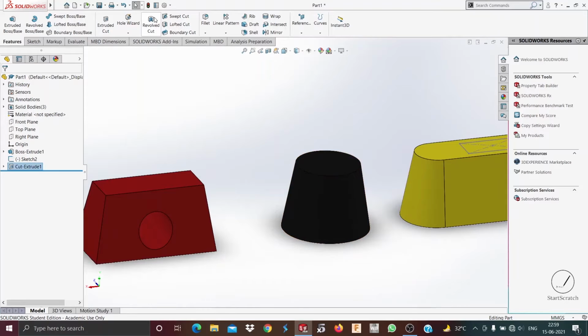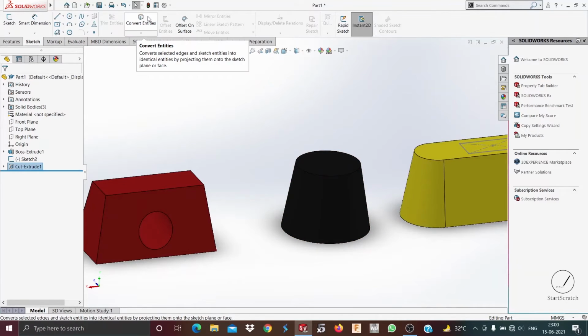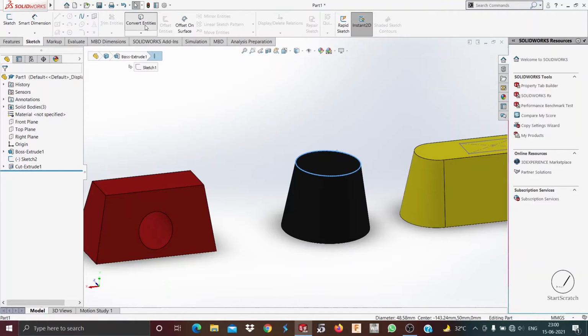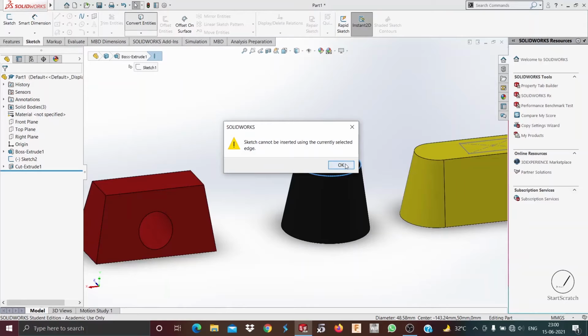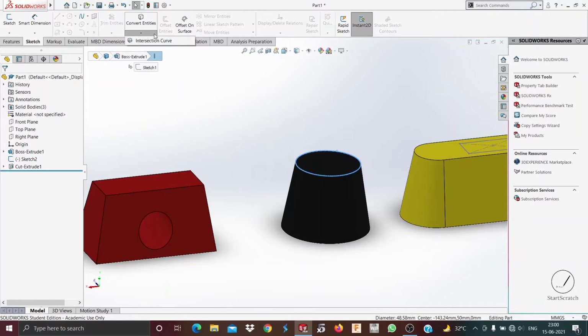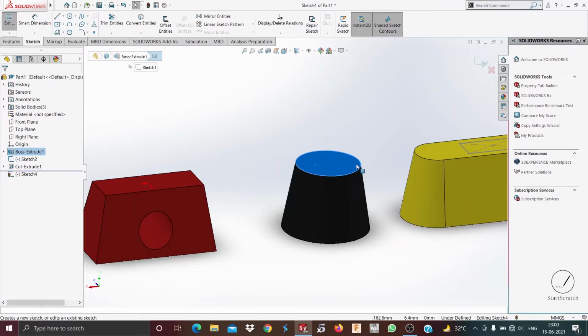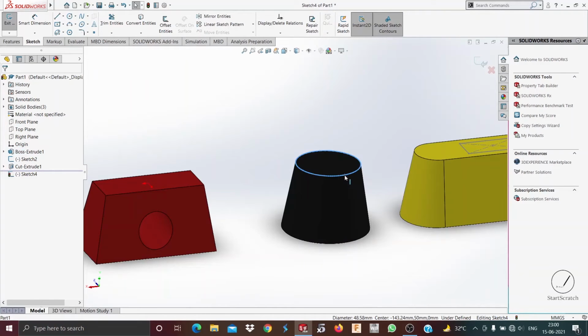Now I'll show you what convert entities is. I go to the sketch, then I select this and I do convert entities.